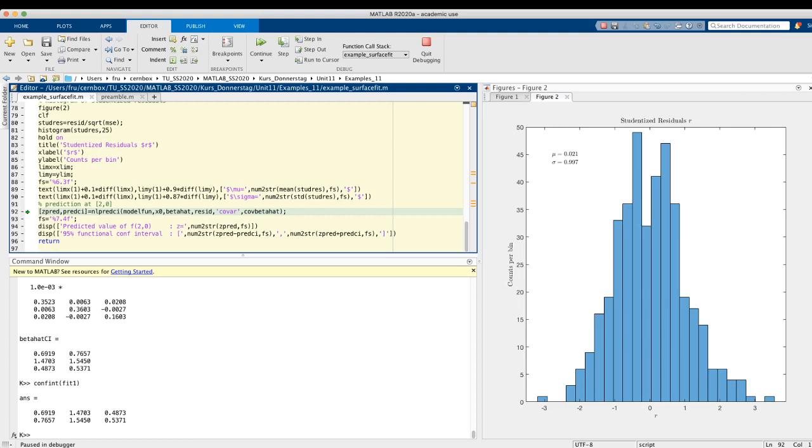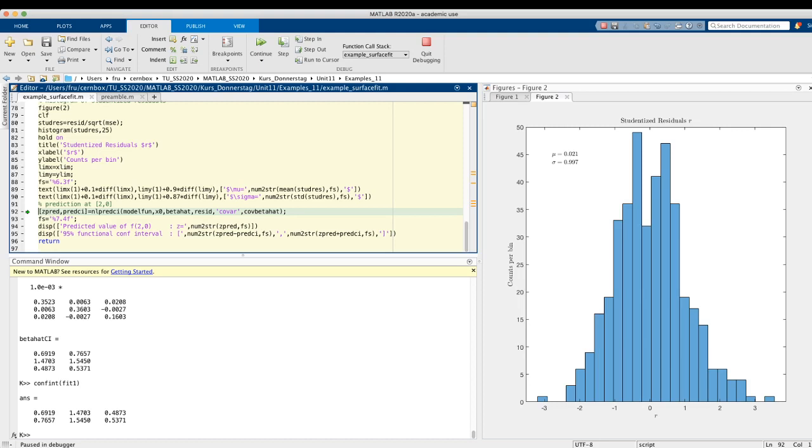So this is the input, and the output is then a predicted value, zpred, and a variable predci, which is the half width of the 95% prediction interval